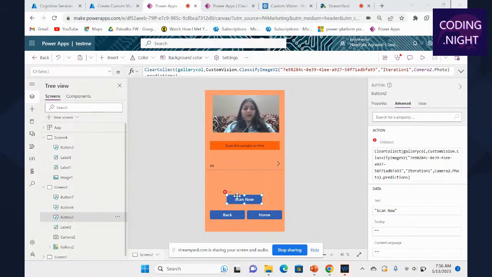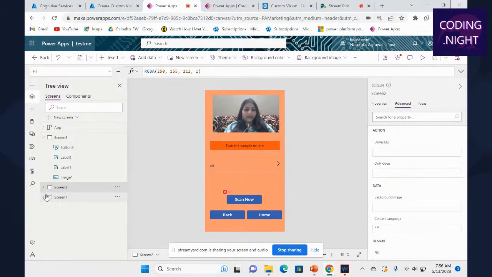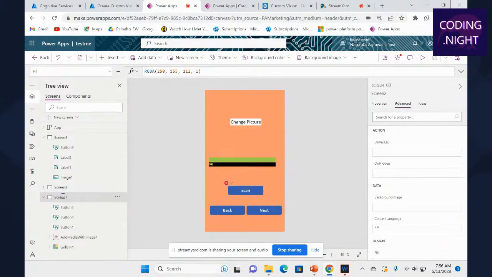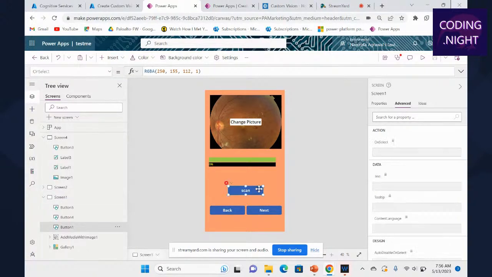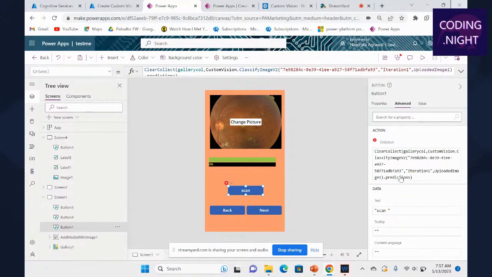Okay, let me go ahead with the next part. That's the screen one. This is a very good part. The low code here is similar to the previous low code. The main part is that once you upload the image, you will get results, analyzing and identifying it with the custom vision model you have trained.